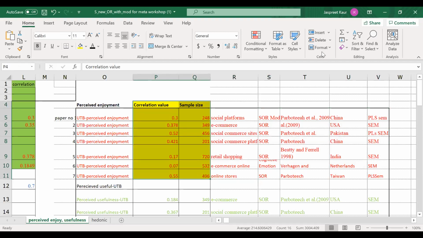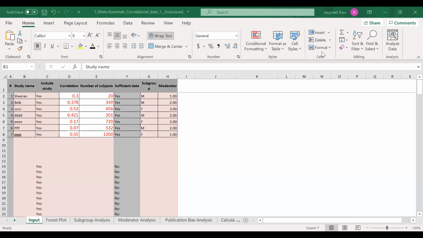Now, quickly, everyone, come to the meta-essential sheet, correlation sheet. Okay, please come to the input sheet. This is my input sheet. You must be having some standard values which might be different in your sheet for correlation and number of subjects.